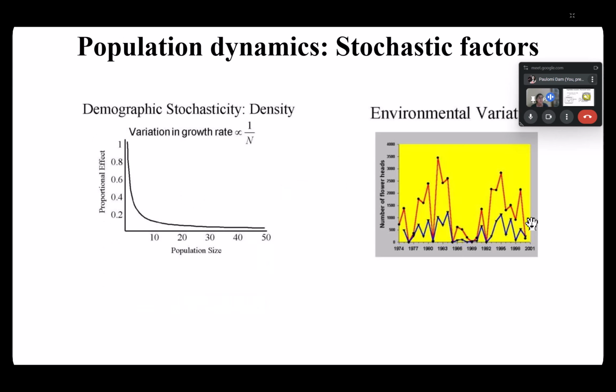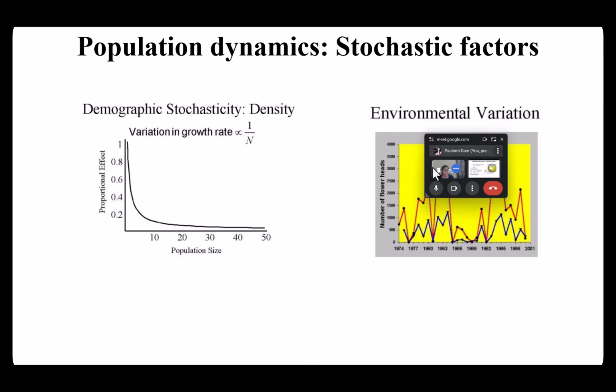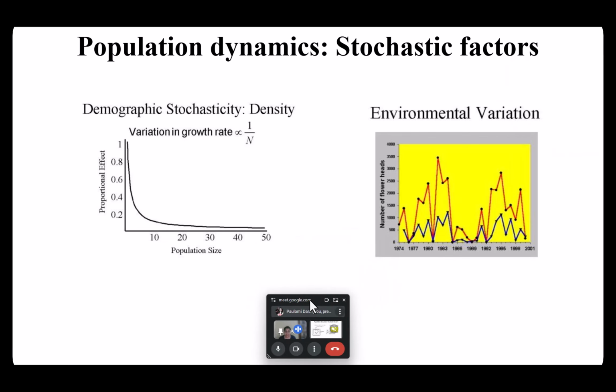But when you talk about stochastic factors, these are factors that play their role when the population size is too small, right? Now, what are these stochastic factors that have impact when you see them in a small population size? The first one here, as you can see on this slide, is demographic stochasticity, which is basically any chance event, but at a population level.